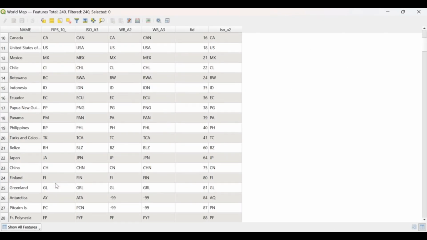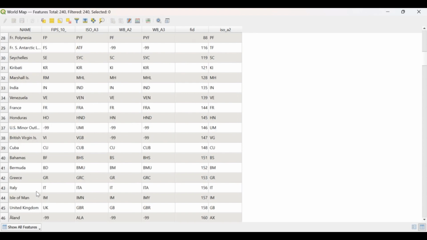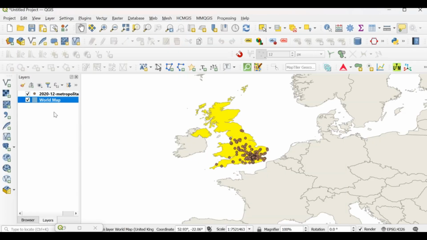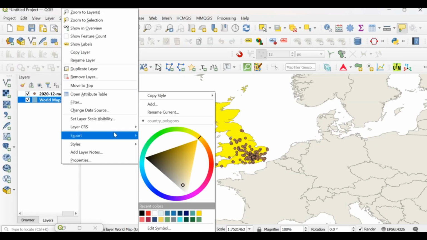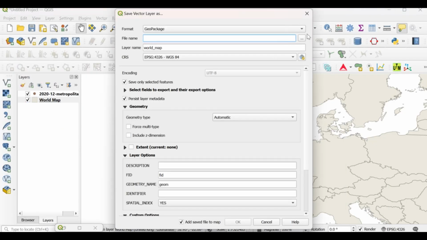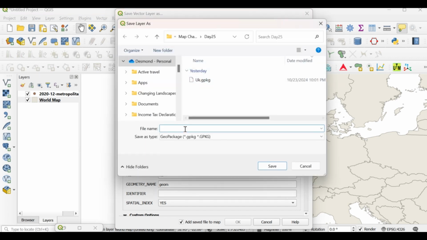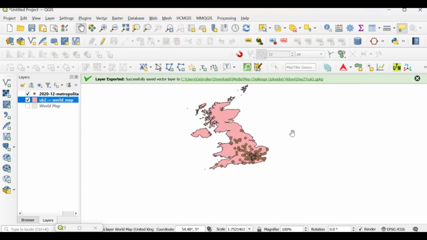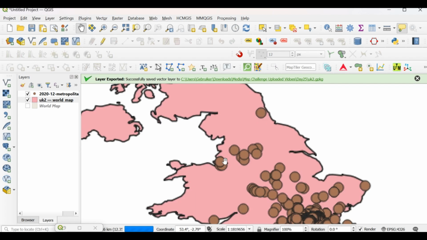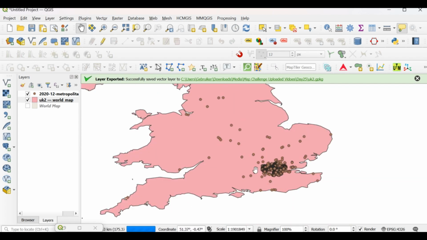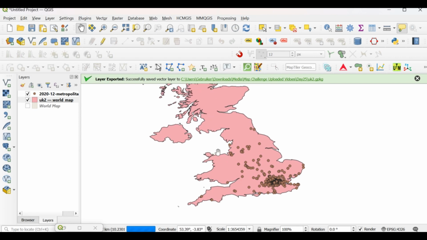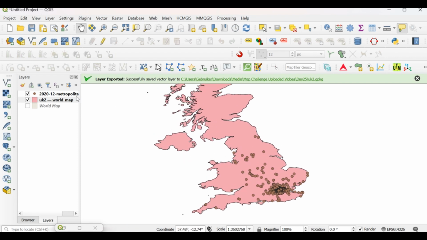So what I would do is you can just use select by attribute, but mostly I like to do this select, and then I'll just export these selected features. So I'll just call this UK2, and then I can turn this off. So now we have all the crime data within a certain geographical coordinates, which is the UK.